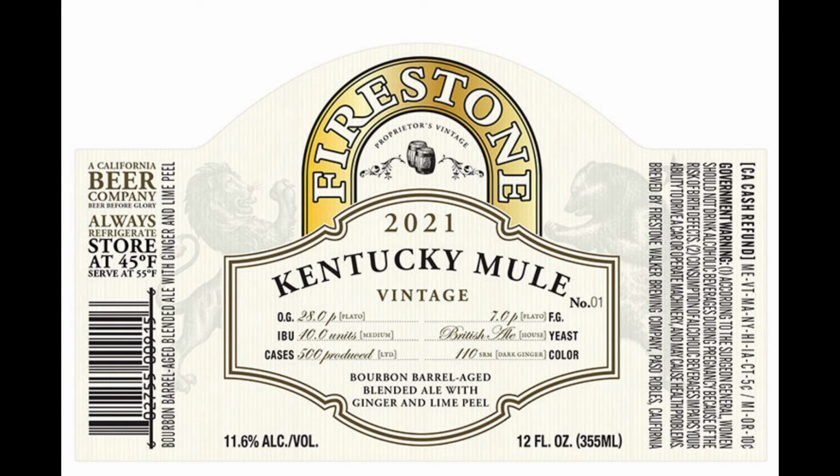So when you see a Firestone-Walker box, for $9 to $15, maybe more, grab it, because they're going to be really good stuff. We've given them some high marks. Now the Kentucky Mule, we only gave 4.5 out of 5 bottles because it's not perfect, but it's still a